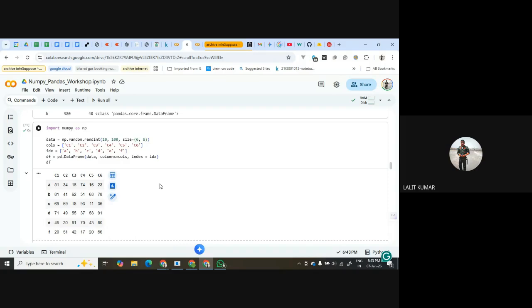Here, for demonstration purposes, creating a random integer is much easier for me, because writing 6 into 6, 36 values would have become cumbersome. So I have used numpy random to create random integers between 10 to 100 with size 6 by 6. So pandas doesn't have this random integer thing? No.